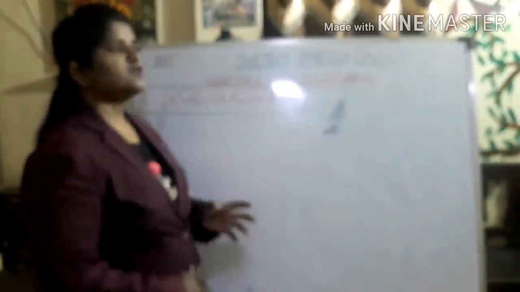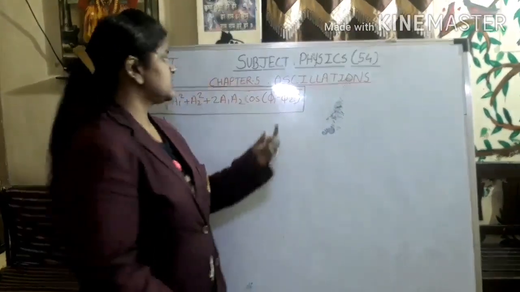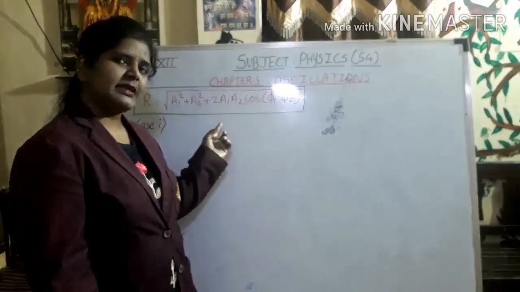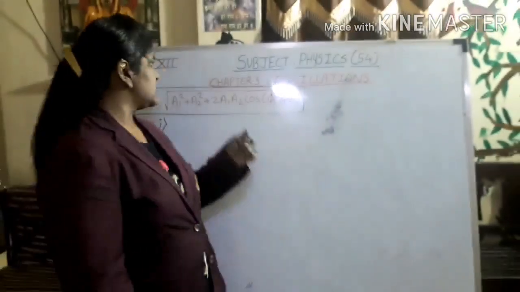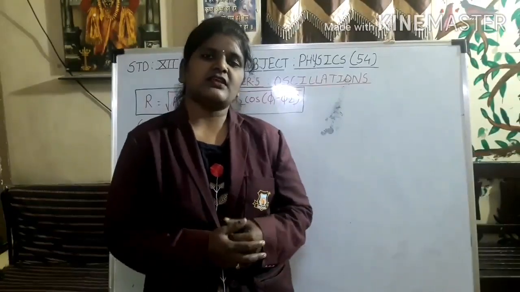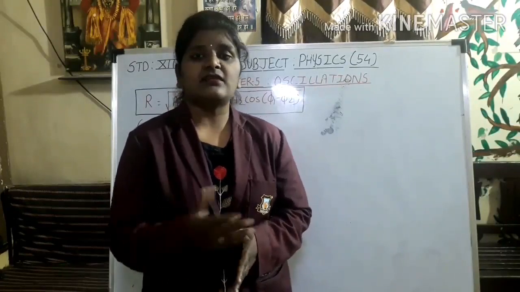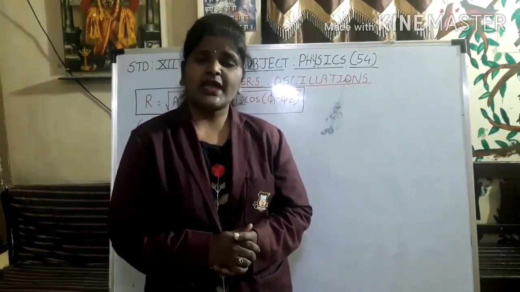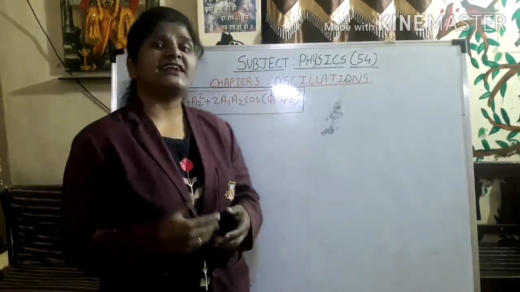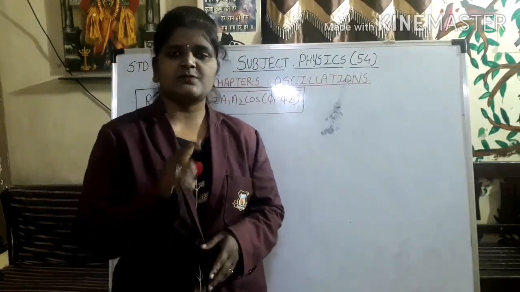In this part we are going to study the most possible cases. When phi1 minus phi2 becomes 0, what happens to the resultant amplitude, and what happens when the amplitudes are the same? The second case is when phi1 minus phi2 becomes 90 degrees, which is out of phase. What happens to the resultant amplitude? Then when it becomes 180 degrees out of phase, what happens? We are going to study that in this particular part.